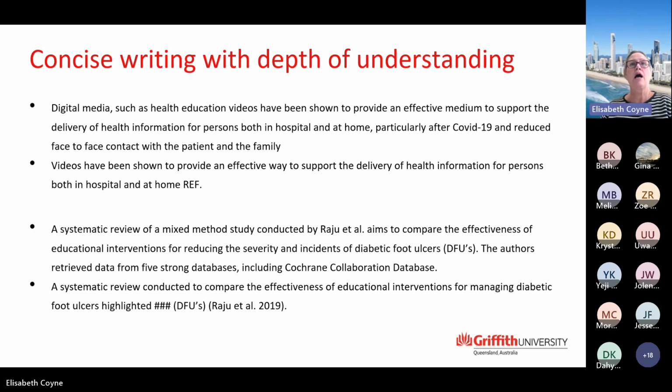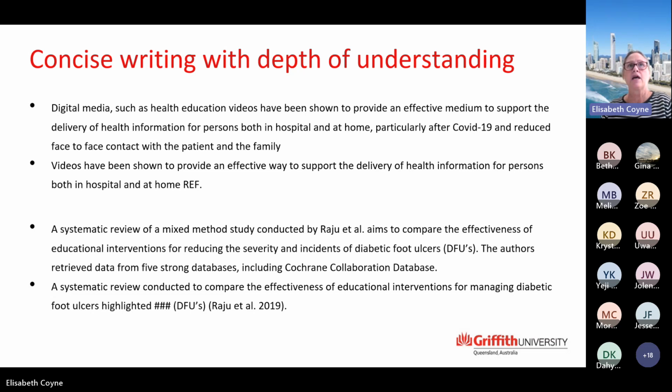The same as in your A2, where you were asked to describe what sort of method it was. But when you just use the words, a systematic review of mixed method studies was conducted, this could actually be reduced down, because as soon as you've said the word review,